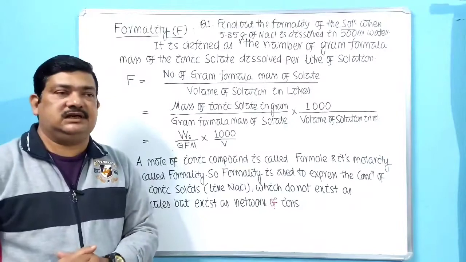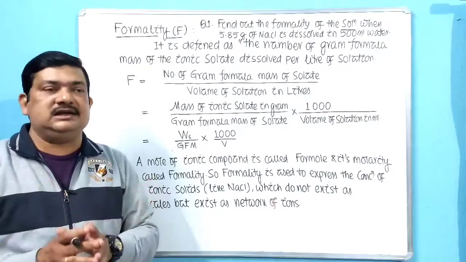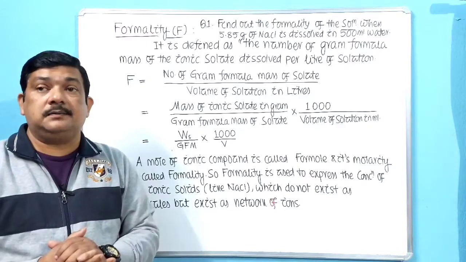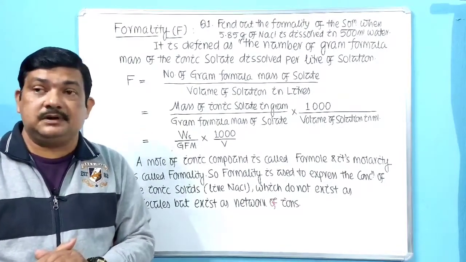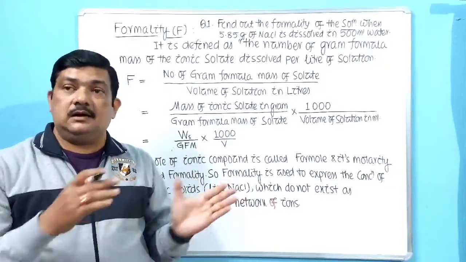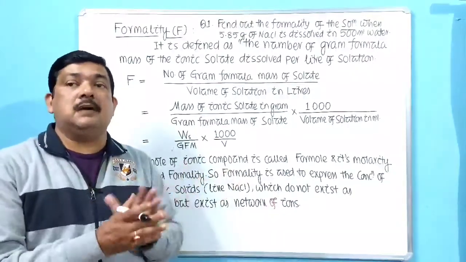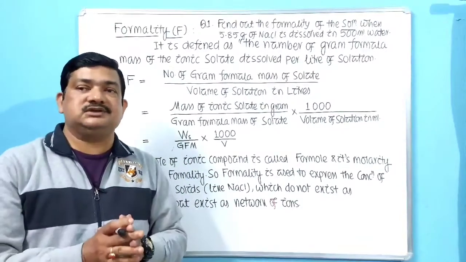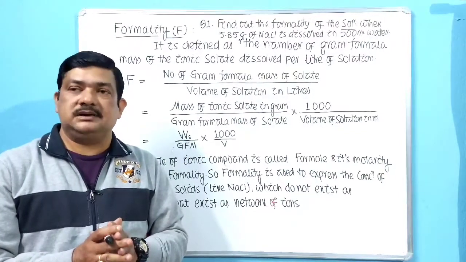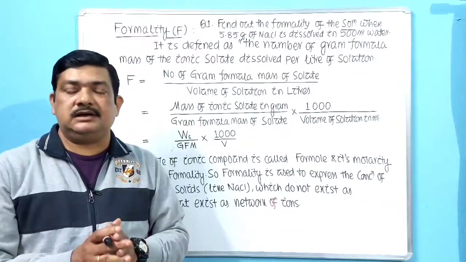So up to now we have discussed 9 ways to express the concentration of a solution. Why I have kept molality at the last, you can come to know from the definition. It is the number of moles of the solute present per 1 kg of the solvent. So the definition is different in this case. In all earlier cases, we were using per liter of the solution. So here it will come to mass. It is the number of moles of the solute present per 1 kilogram, that means 1000 gram of the solvent. So next we will discuss molality, small m.